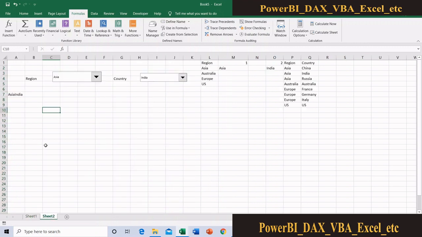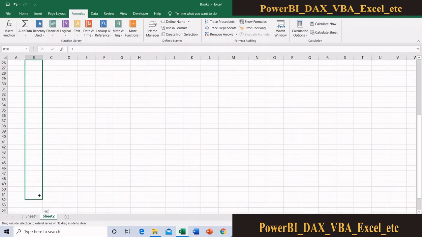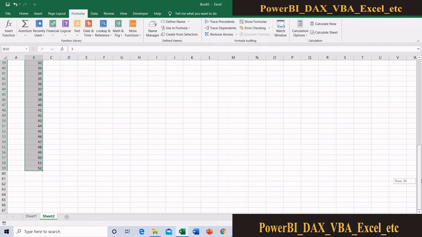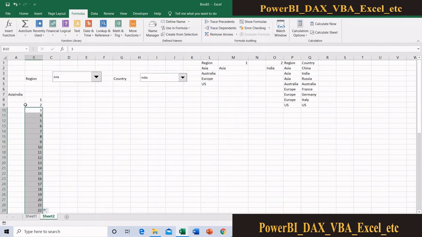And here also I can apply the same. I will just enter 1 2 3 4. I am extending this up to 50. I know that my data maximum product in one country is not more than 50, so I just enter 1 to 50. This is a logical decision that I want to choose.